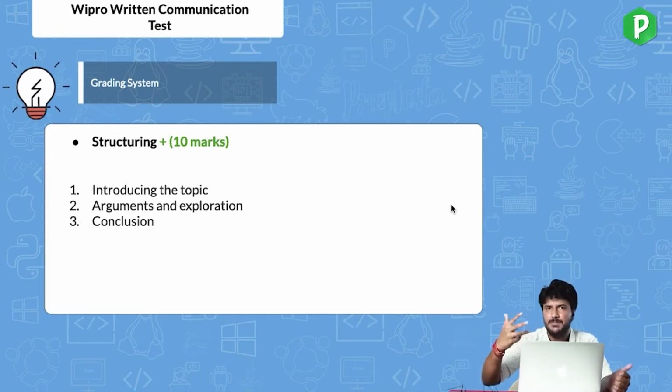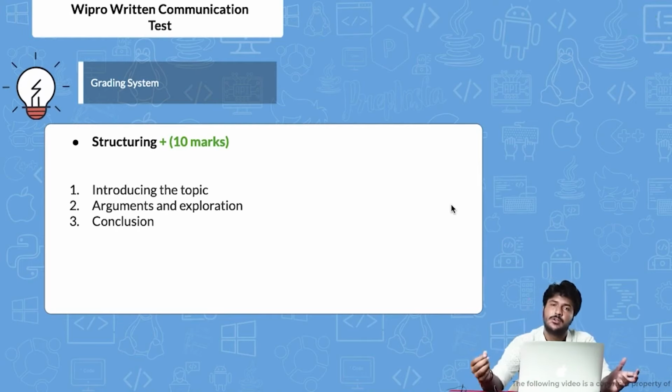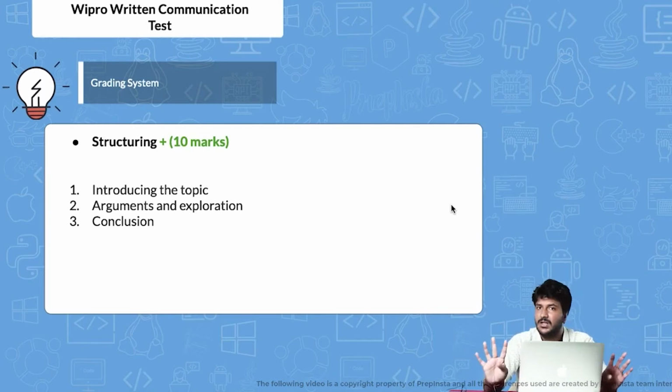So the first paragraph is the topic introduction, and probably the second, third, fourth, or fifth could be about the arguments. And it is not necessary to write too much. Obviously, there are a lesser number of words that you have to write. So I would say anywhere between 3 to 7 paragraphs is okay. But ideally, if I were in your position, I would have written only 4 paragraphs. Finally, the last paragraph should be about the conclusion.